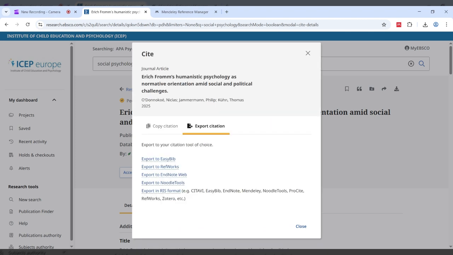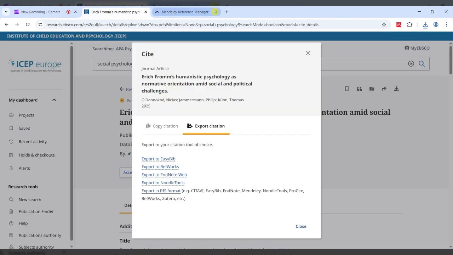And the way you do it for Mendeley, or similar for Zotero if you need to, is export in RIS format. So that's the third method we're using here. So RIS format is just the file that it will download in. So basically all we do is click export in RIS format. And it has gone up into my downloads. You can see Zotero is popping up there as well, but I don't think that's relevant. We'll do it for the two if you needed to.